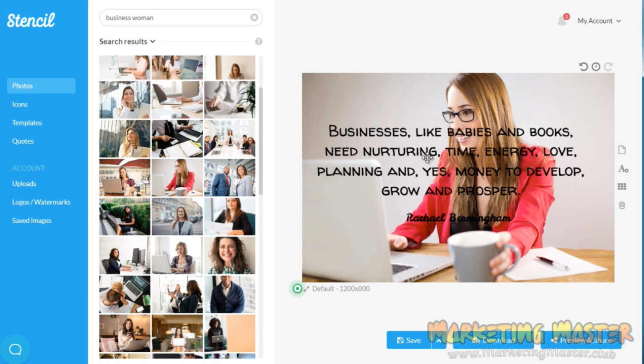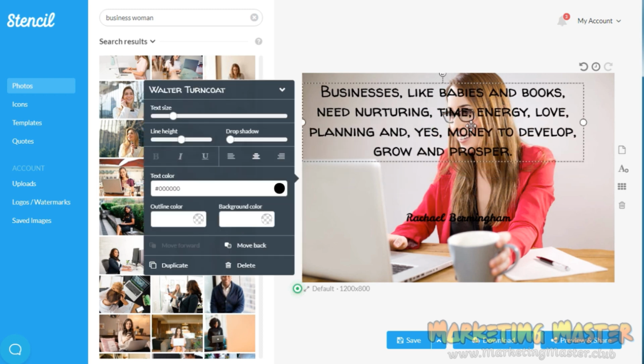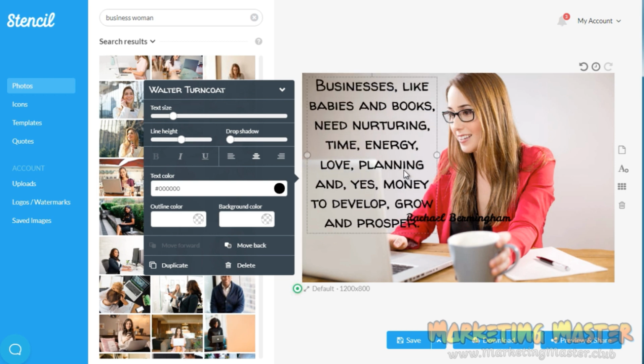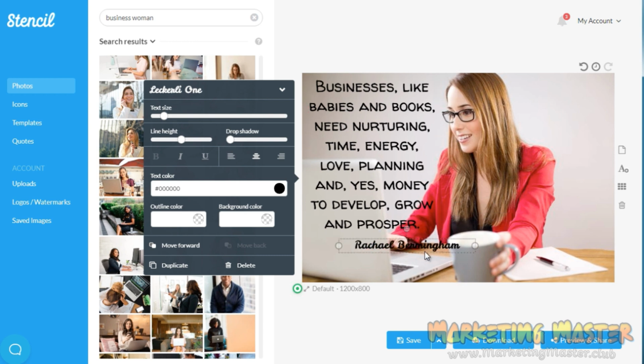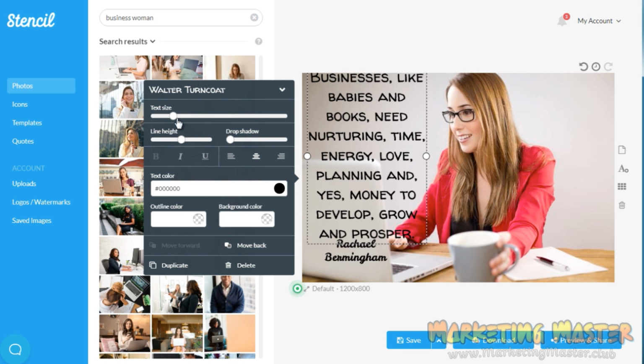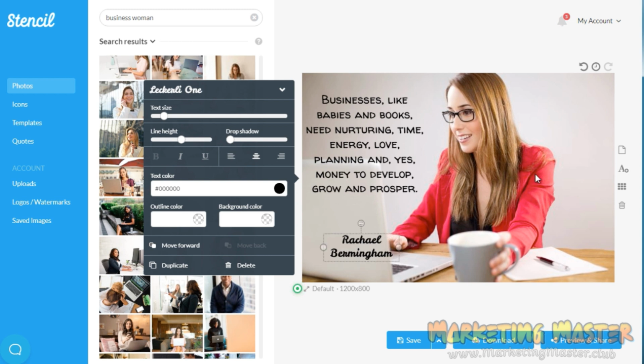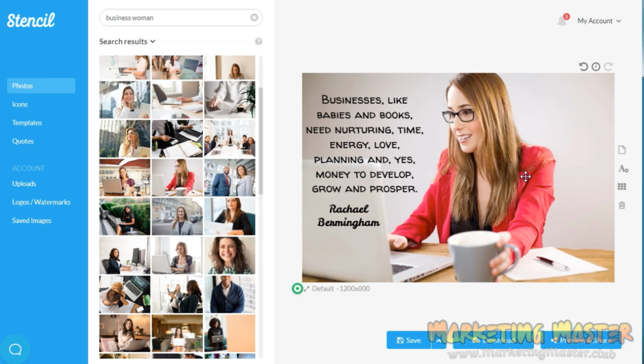this, maybe. Now, obviously you cannot read that, so you're going to need to play with it a little bit until the text fits in like that. And then maybe the size is just too big, so we get that there. And then maybe we put that here, like that. Okay, so once you like it, all you have to do is click save, or save it to